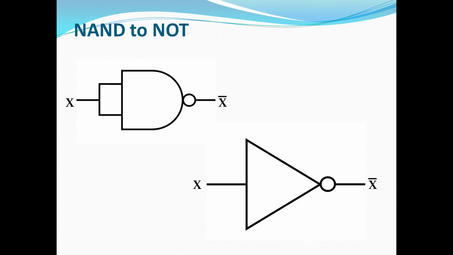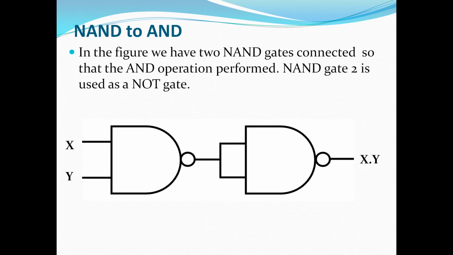In the first figure also it is the same: x is the input and x dash will be the output. In both figures there is only one input and one output. So when you implement the NOT operation, the two NAND inputs should be connected together so that it works like a NOT operation. Next one is